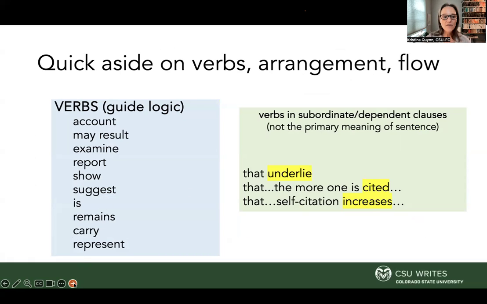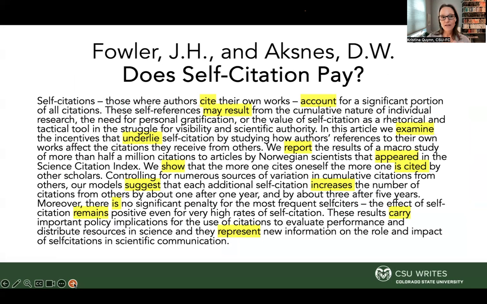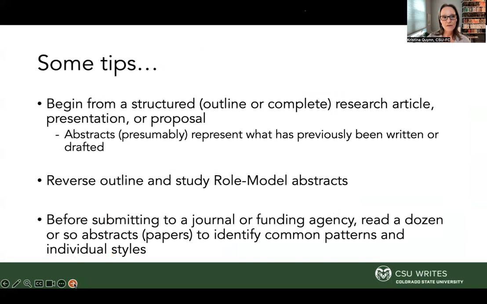So if you ever feel like you're writing sentences and they're repeatedly boring, one right after the other, it may actually be that you're having verb problems, and just have a conversation with someone who can help you see the verbs if you're not catching it in your own writing. And it can make a world of difference on the story that you tell about the work that you've done and what you found. Your abstract would look something like this, and that's a good spread of verbs throughout. All right, so just some tips.